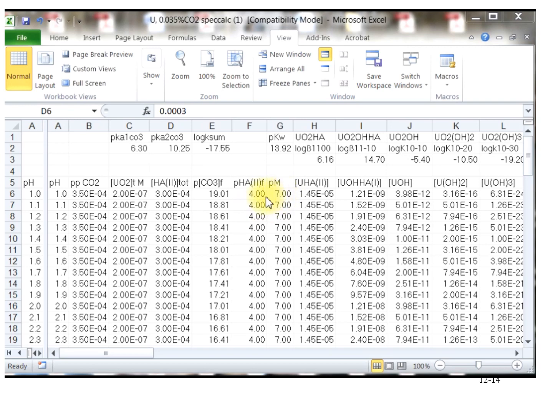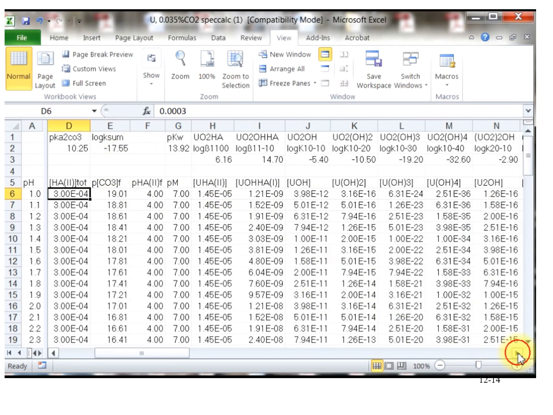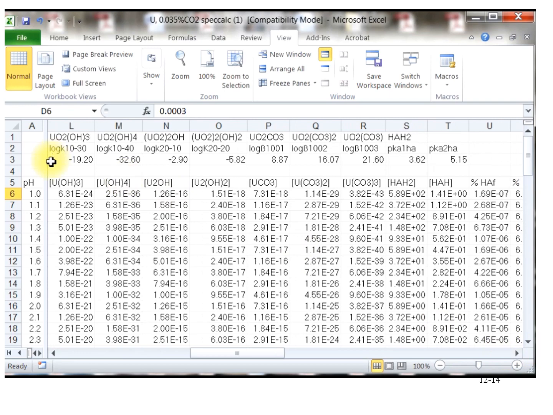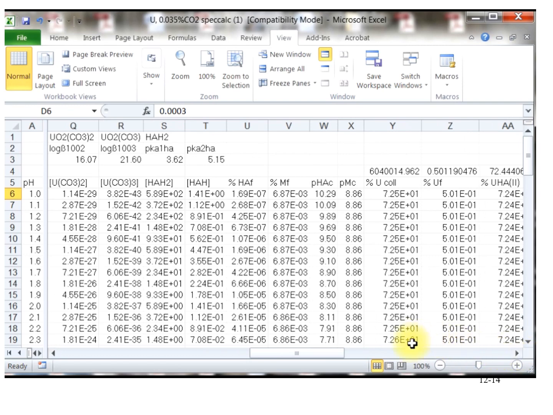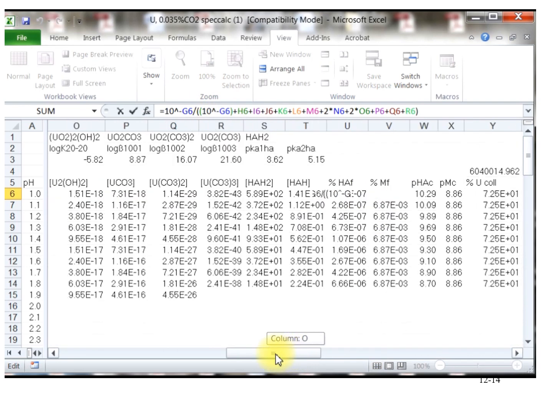Now that we have these numbers, we can calculate all the species for each pH. We don't know how accurate the actual species calculations are. We can assume that they're actually not accurate because we've made a guess. However, we can calculate the percentage of humic acid and the percentage of free uranium that's available for each of